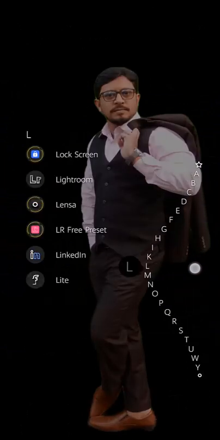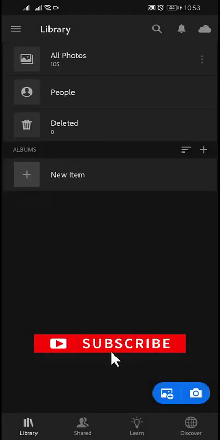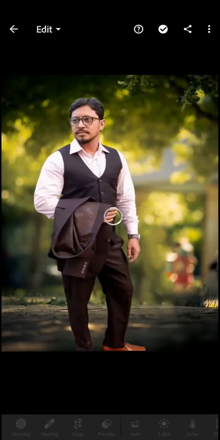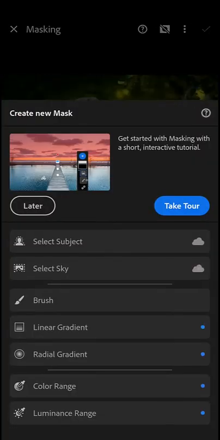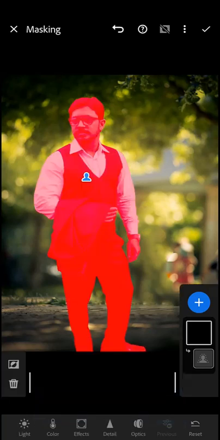Now let's open Lightroom. Open the image. Click the masking tool and tap the blue plus icon and tap on Select Subject. This app will automatically select the subject of your photo. When the subject is selected, then you can retouch the image from the bottom menu, Light,